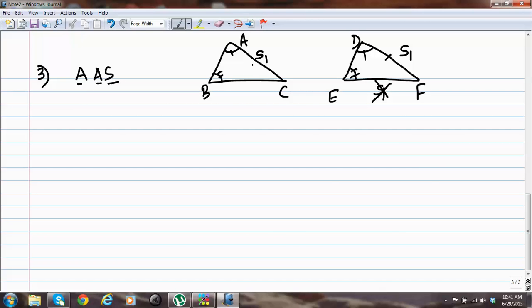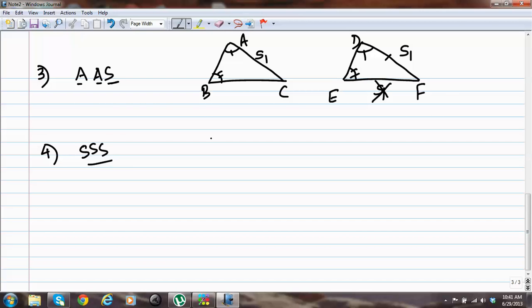If we have taken side S1 which is opposite to angle B, first we have to choose the corresponding angle for B and then finalize on the side. Now this is the difference between SAS, the second one ASA, and the third AAS. And the fourth rule is